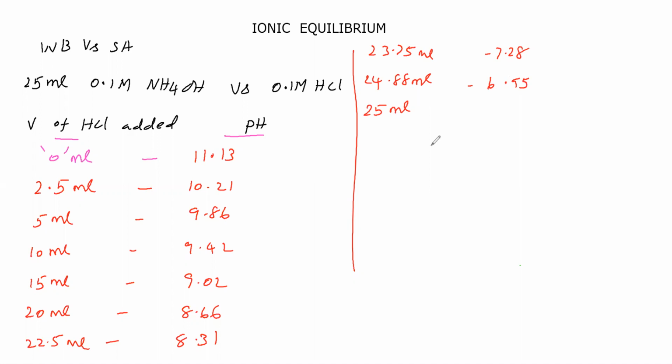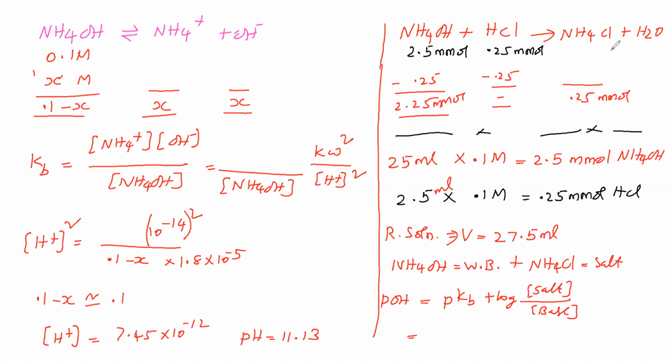Okay. Now you see that ammonium hydroxide is a monoacidic base. It can give 1 OH minus. HCl is a monobasic acid. It can give 1 H plus. So both will react. In the reaction equation, ammonium hydroxide plus HCl gives ammonium chloride and water. Here ammonium hydroxide and HCl react equimolar. The stoichiometric coefficient for ammonium hydroxide is 1, and for HCl it is 1. So they will react in equal proportion.